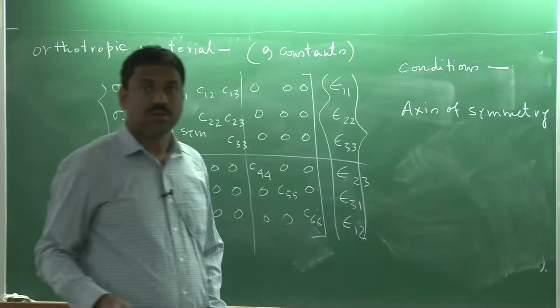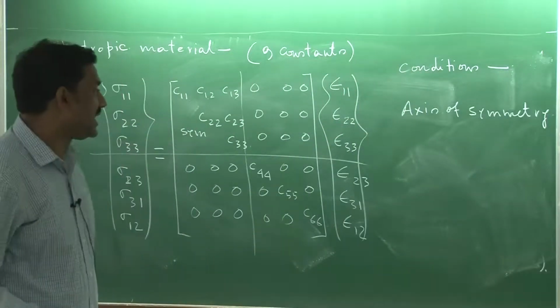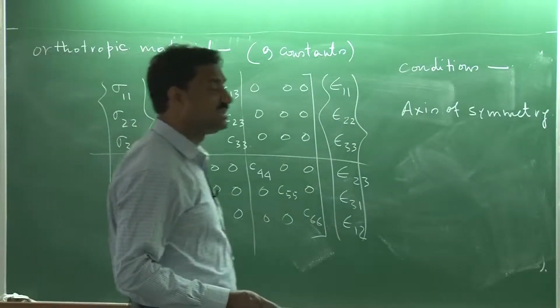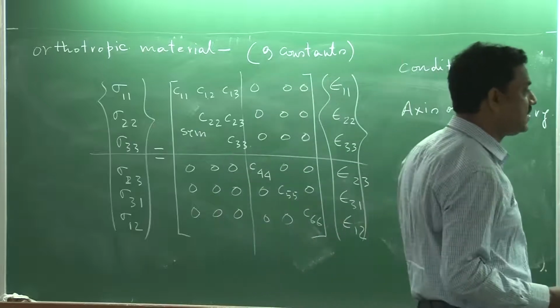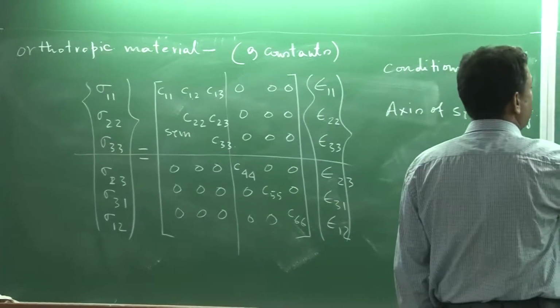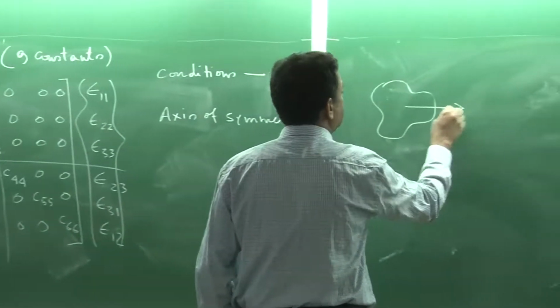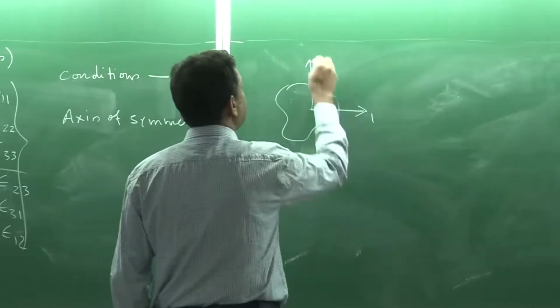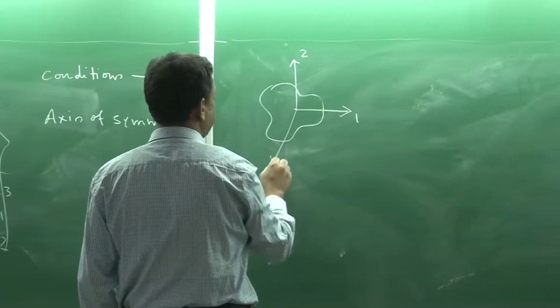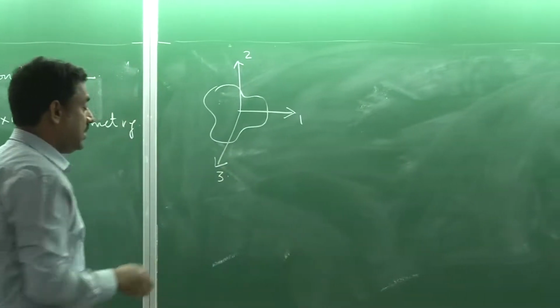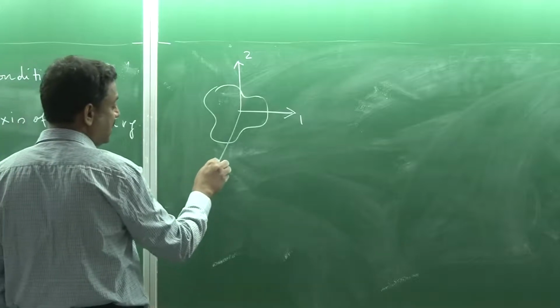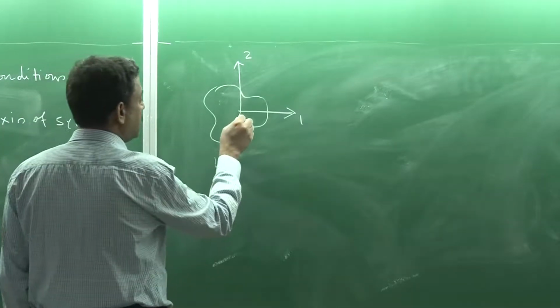Plane of symmetry and axis of symmetry have a difference. Axis of symmetry means, consider this is 1 and this is 2, and I am considering 3 as an axis of symmetry,